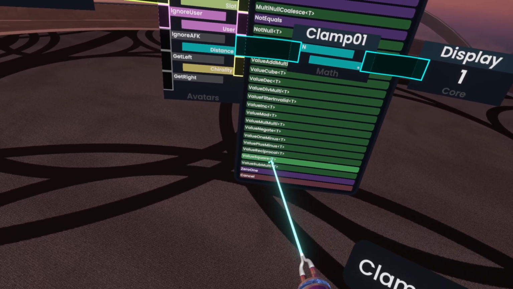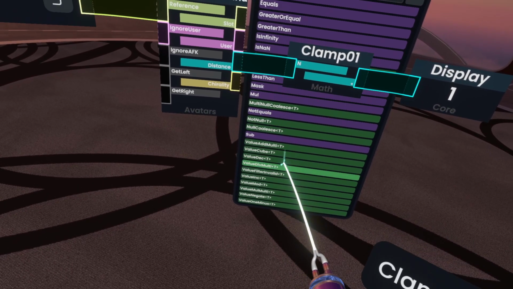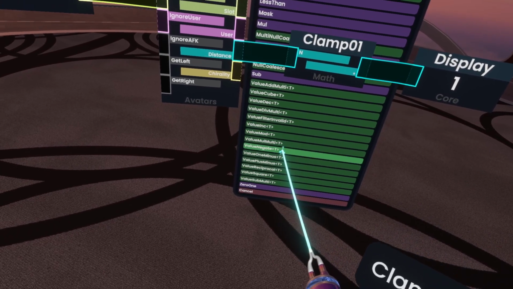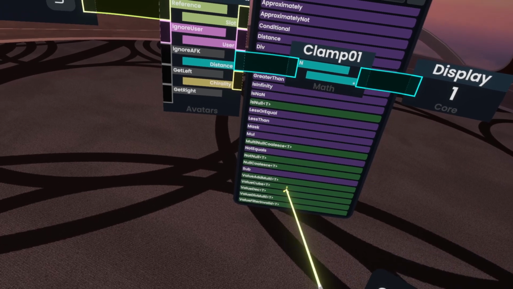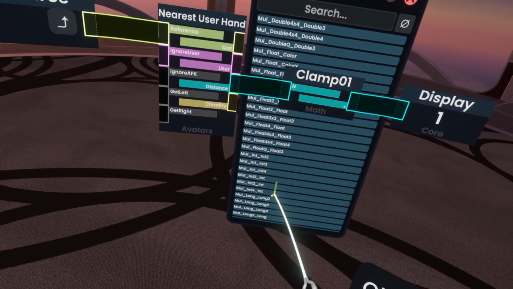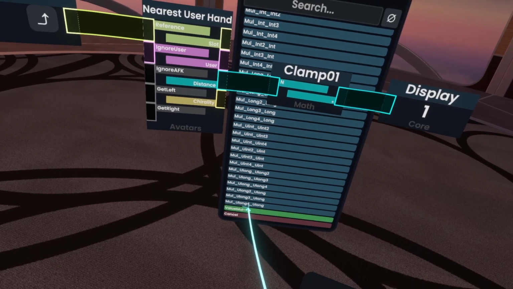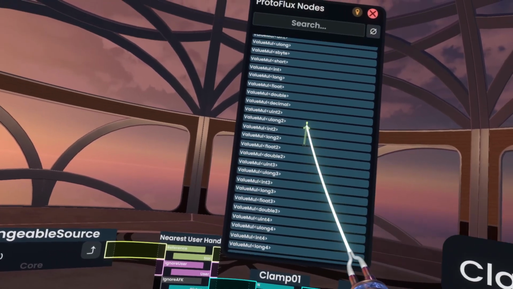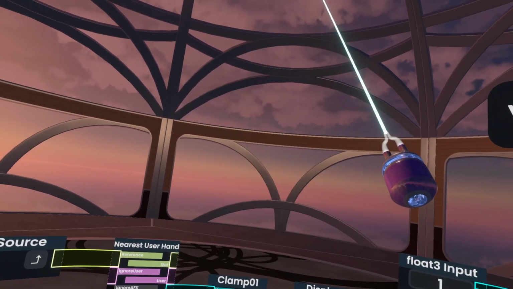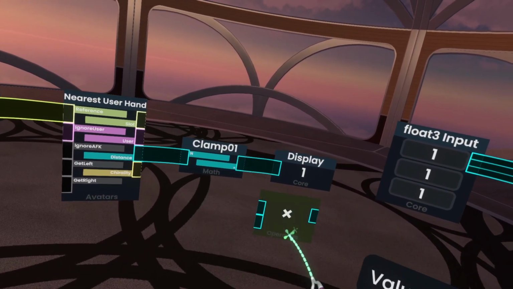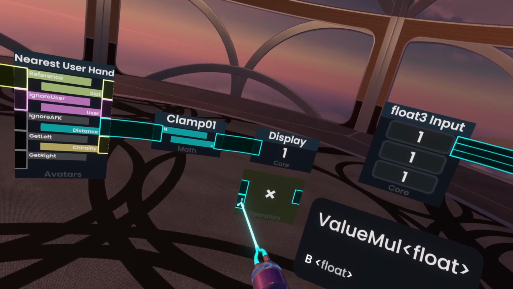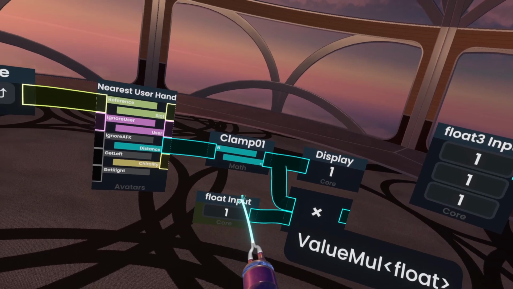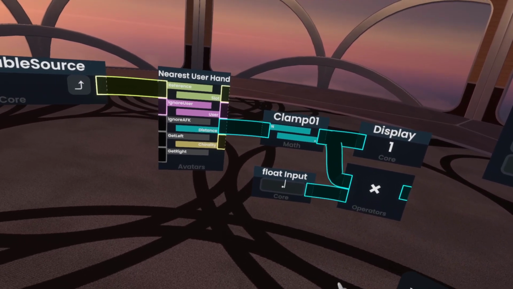value mul, oh gosh, where is it? Oh, no, okay, I'll just go into mul, and then I'll scroll all the way to the bottom until I get value mul, and then I'm going to choose a float as our type. So I have this operator here which takes 2 floats, and it returns a float. So I'm going to multiply 1 by 0.5,